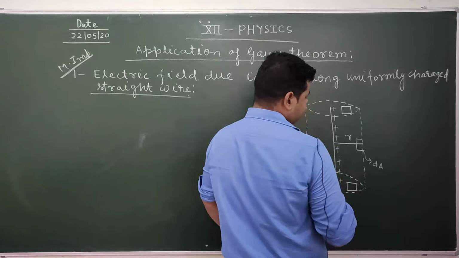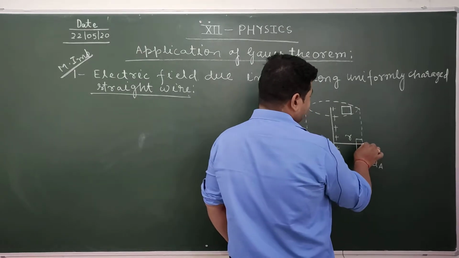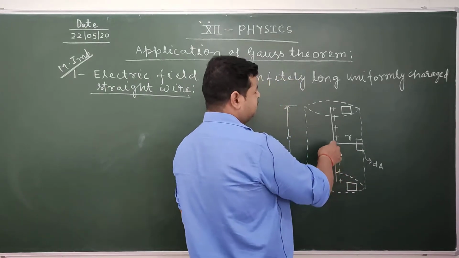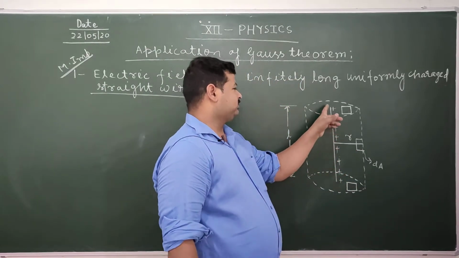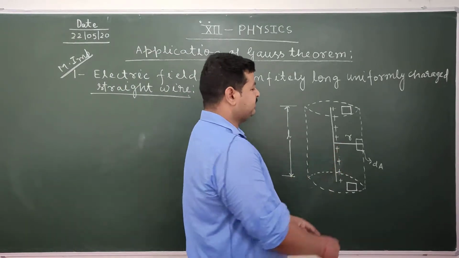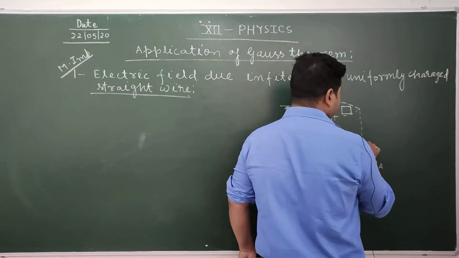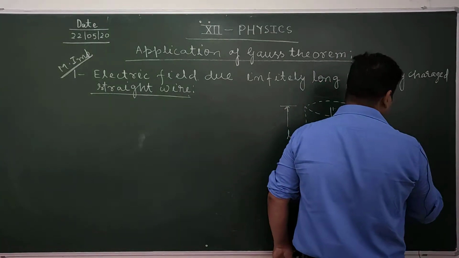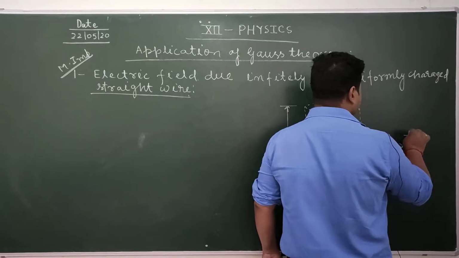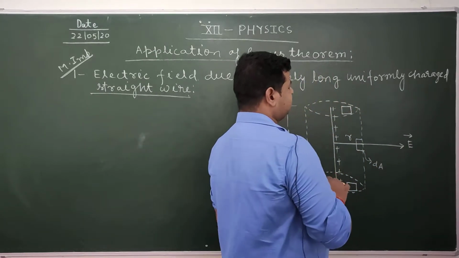At that point, what will be the direction of electric field? Because the straight wire has a positive charge, at that point the direction of electric field is radially outward. So here we write the direction of electric field,